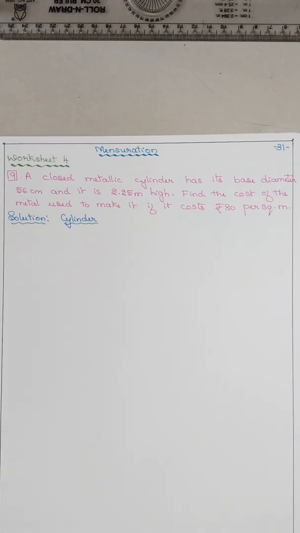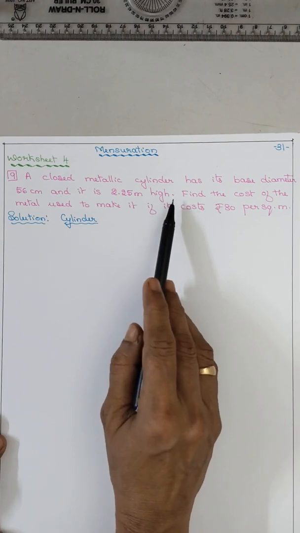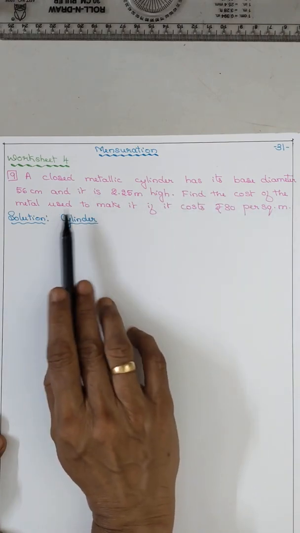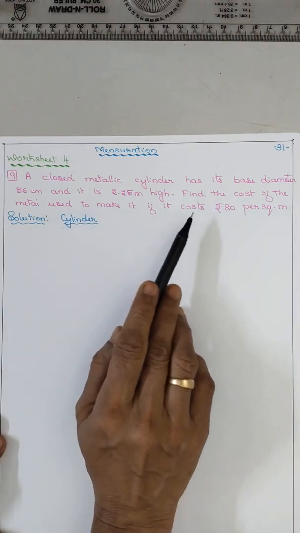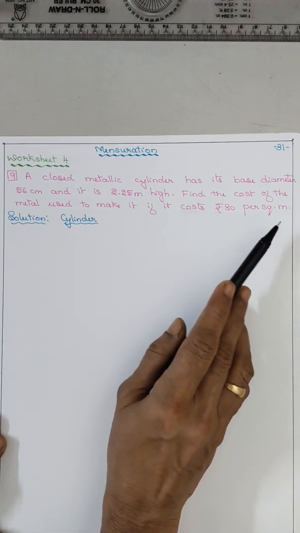We were discussing worksheet 4 of our mensuration lesson regarding the CSA, TSA of a cylinder. Now coming to the 9th question: a closed metallic cylinder has its base diameter 56 centimeter and it is 2.25 meter high. Find the cost of the metal used to make it if it costs rupees 80 per meter